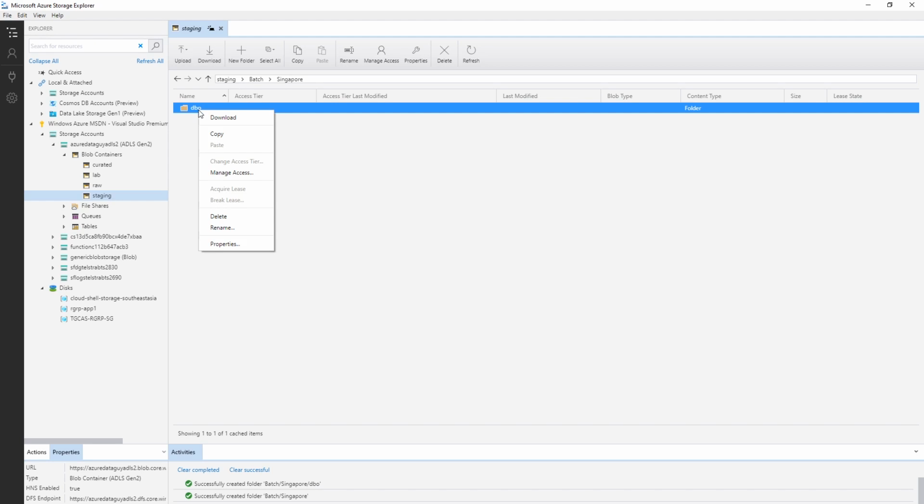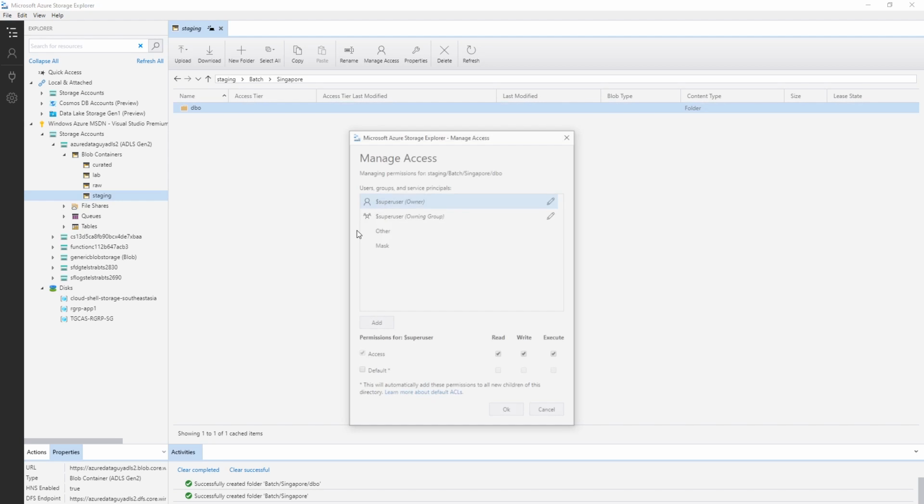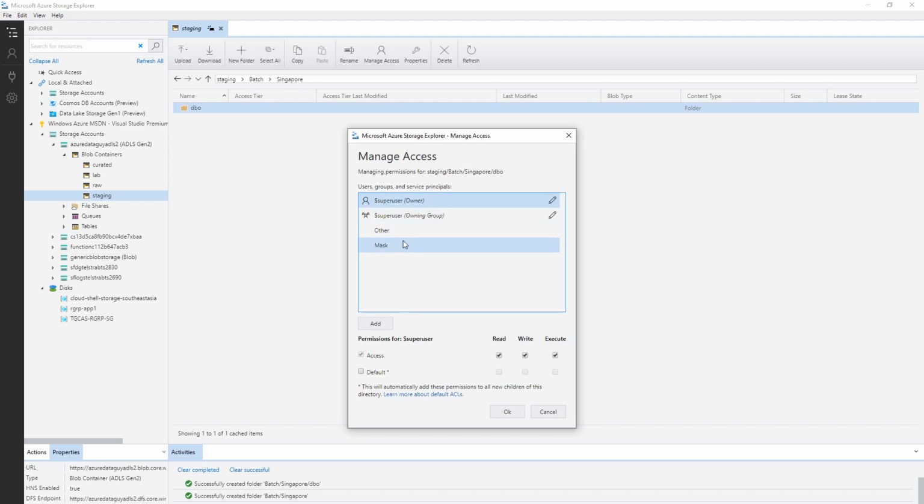Everybody that has permission for this schema should also basically have permission to this folder. So how we do that is we can do access on the folder level here. So we can choose DBO, and then we can go manage access. And then again, we can find our user group in Azure Active Directory,